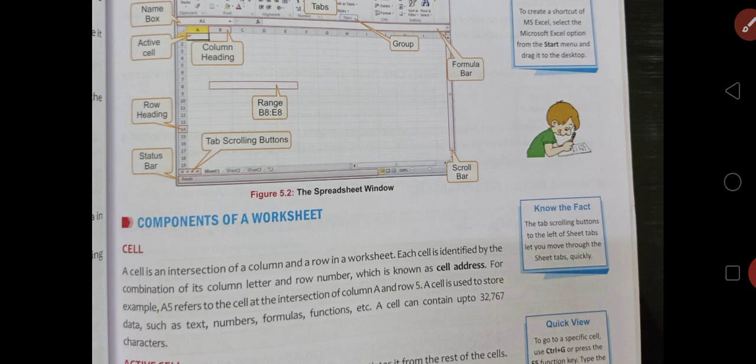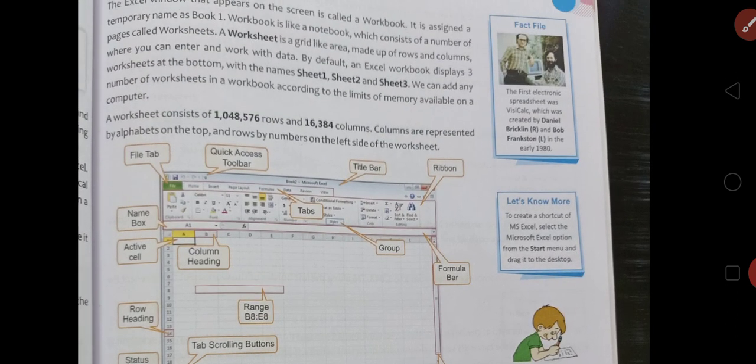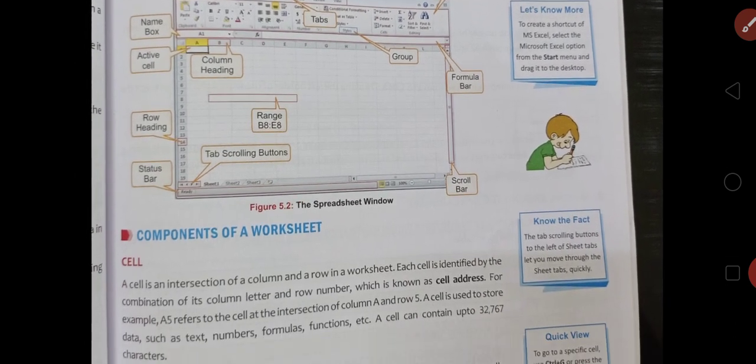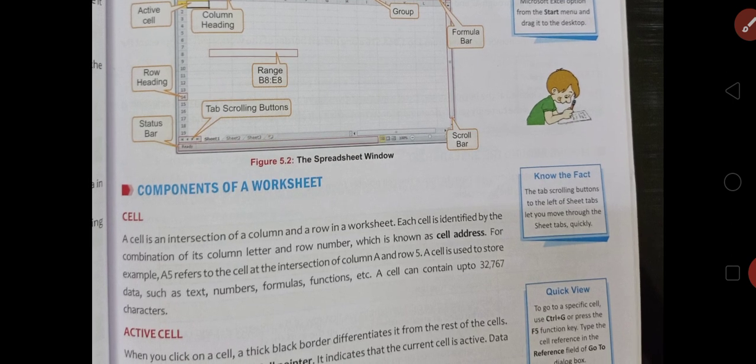We say that a cell is an intersection of columns and a row in a worksheet. Each cell is identified by the combination of its column letter and row number. Column letters, you can see where the column heading is given, are A, B, C, D, and so on. Row numbers are given on the left hand side from number 1 to 10 lakhs 48,576.